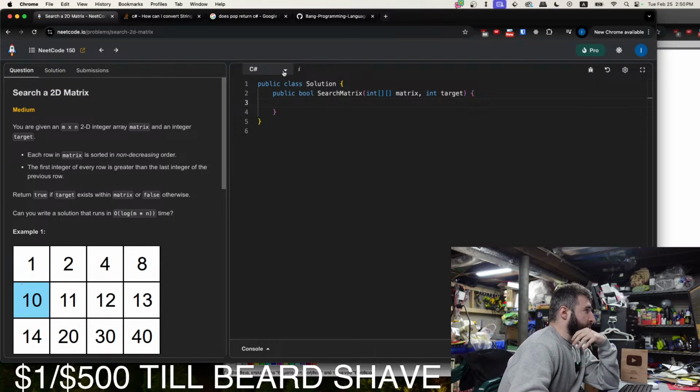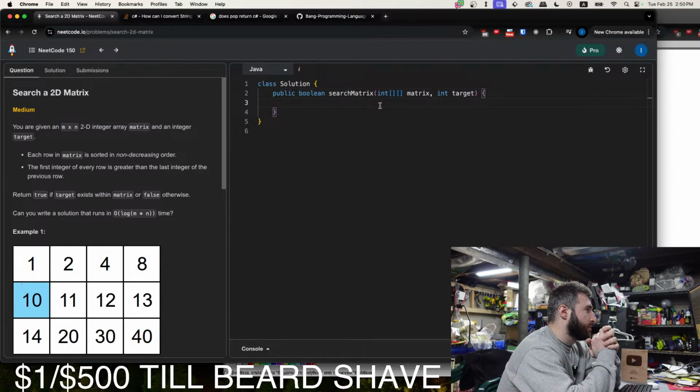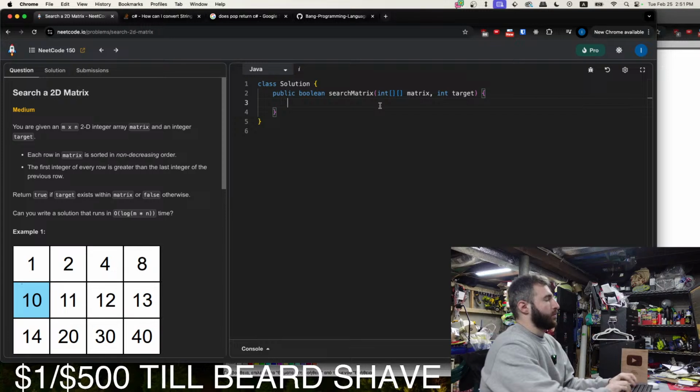Let's switch this to Java. So the size of this array is arbitrary.